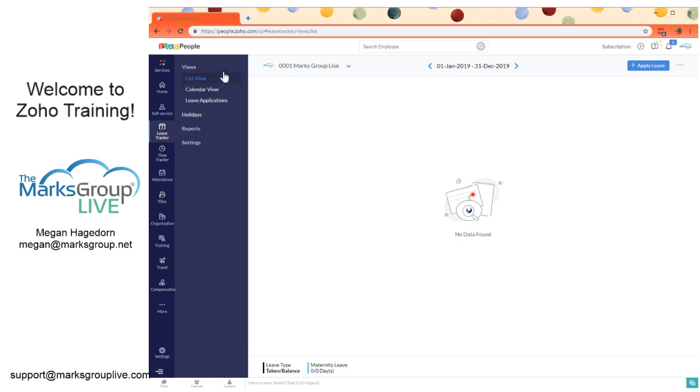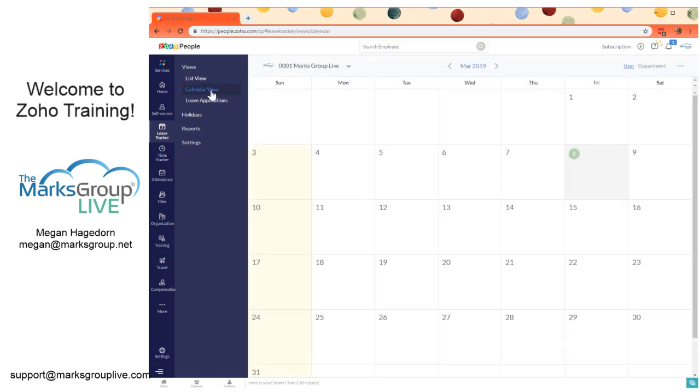Next up, we've got our leave tracker. We don't have any information on here, but this is how you would apply leave to an employee. You can see we've got maternity leave and other types of leave. You can see a calendar view of this leave instead. You can also